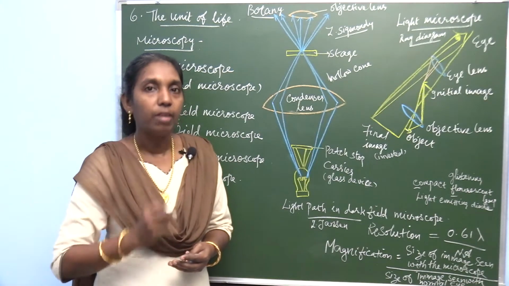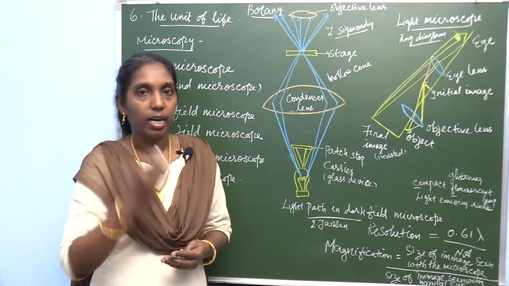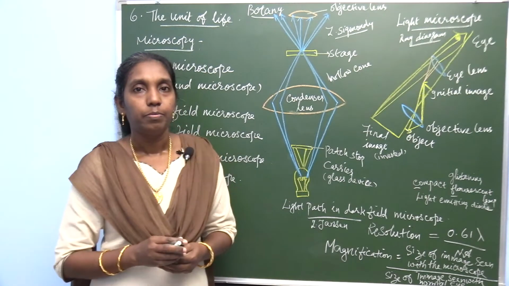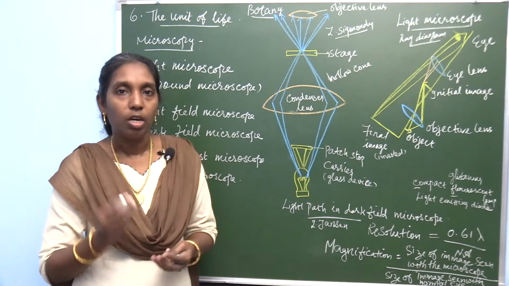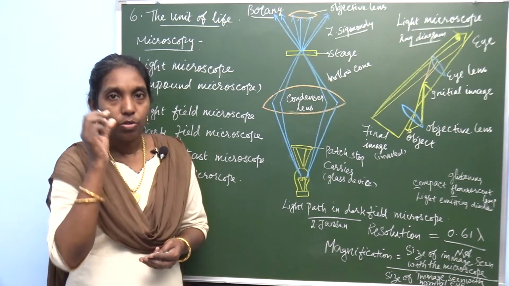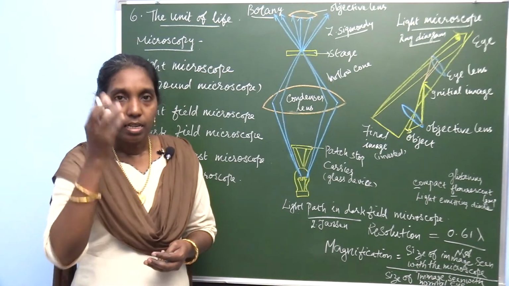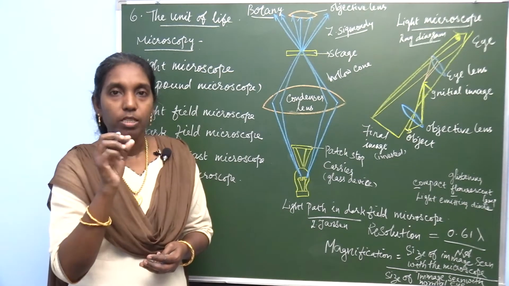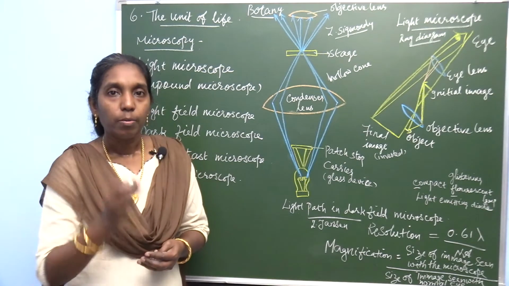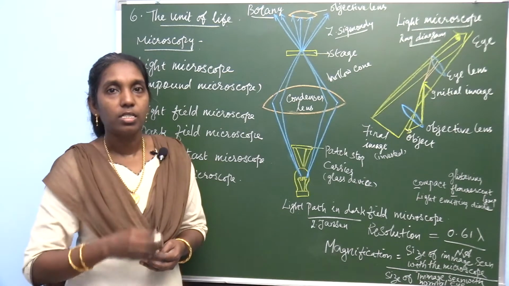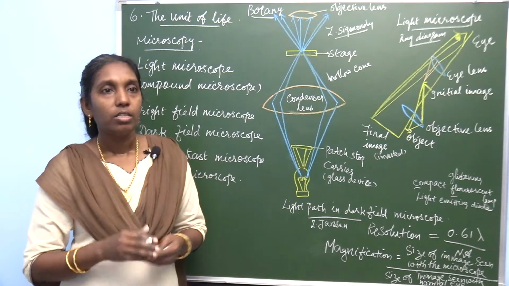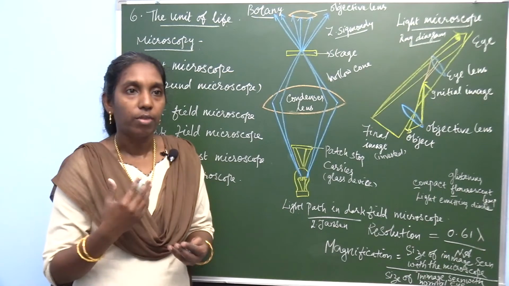The resolving power of the human eye is limited. We cannot see all the small objects. There is a limit to the resolving power of our eye. Beyond this limit, we cannot see. If the object is too small, some microns or millimicrons, we cannot see it with our naked eye. So that is resolution or resolving power.